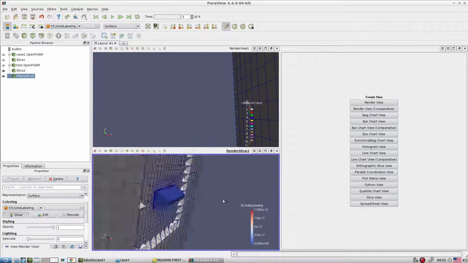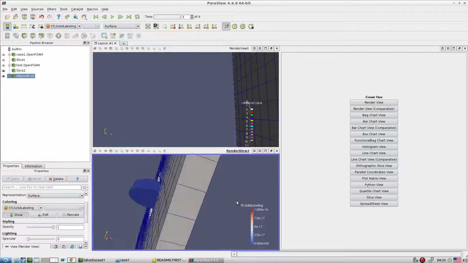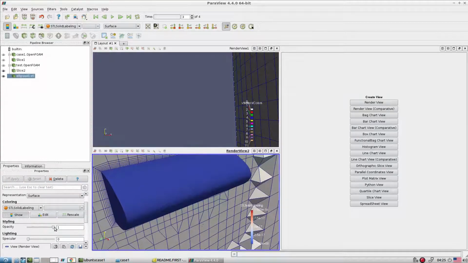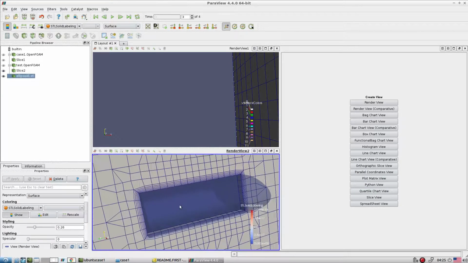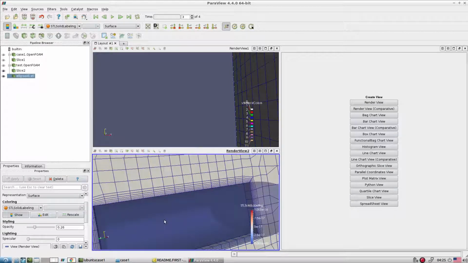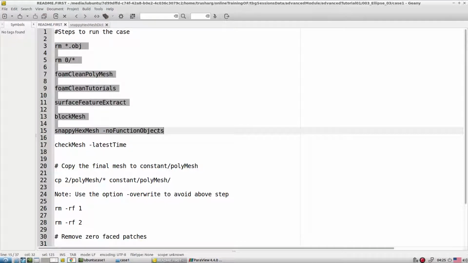Okay, so this is how I cut, almost passing through, the plane is passing through this area. Okay, and let me create opaqueness. Okay, so this is how one can see what the layer looks like. So this is how one can check the layers and how the entry looks. Okay, so let's do a few more modifications here.